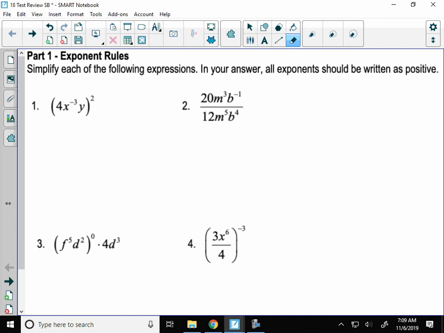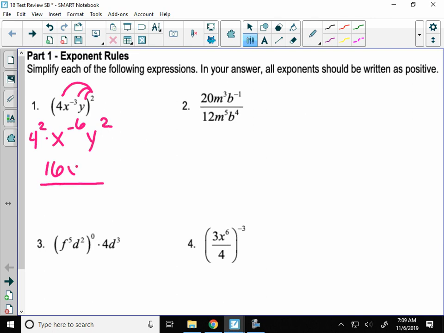But since there's no addition or subtraction in number 1, it's all being multiplied, I can distribute that square to each term within the parentheses and make it 4 squared times x to the negative 6, I do power to a power, y squared. When I simplify that, that 4 squared has a positive exponent, is 16. It's going to stay in the numerator. Y squared has a positive exponent, and the x to the 6 moves to the denominator